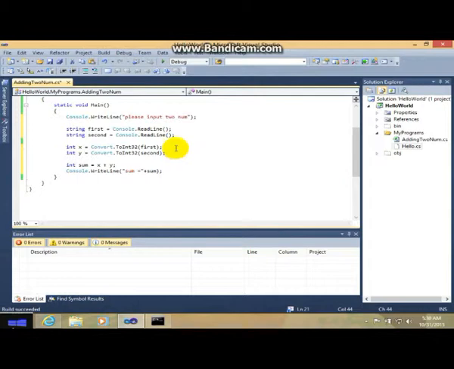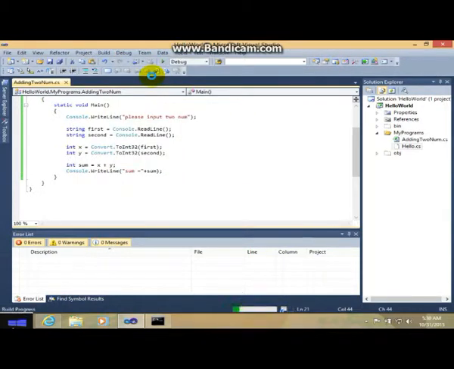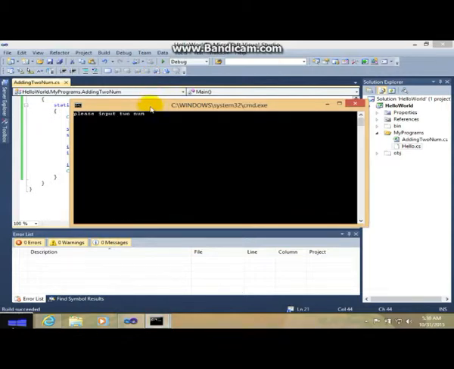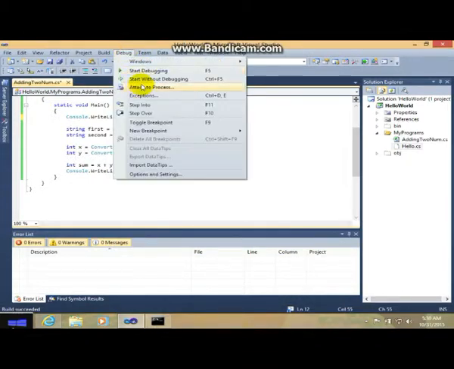So let's test that out. Start without debugging. Please input two number. I mistyped this num, so we will change this. Sorry for that, I forgot to type number. So start without debugging.